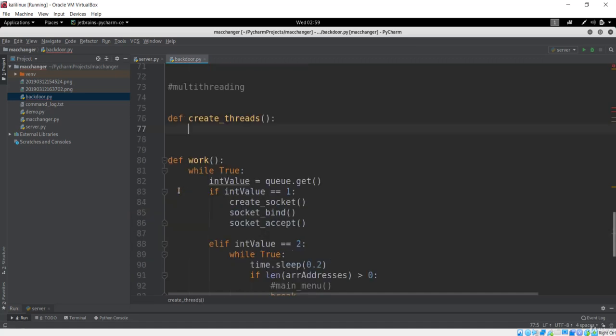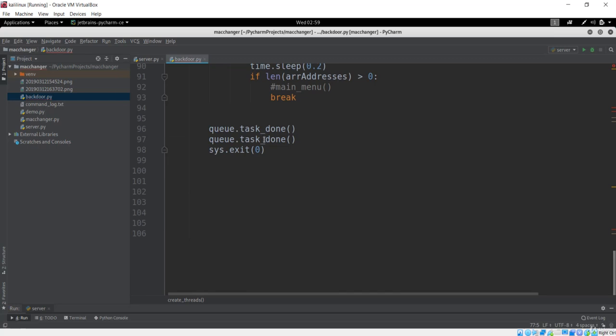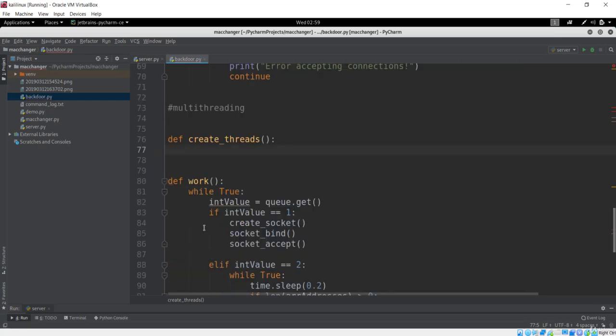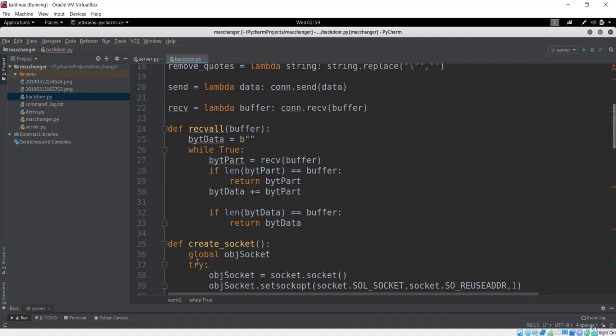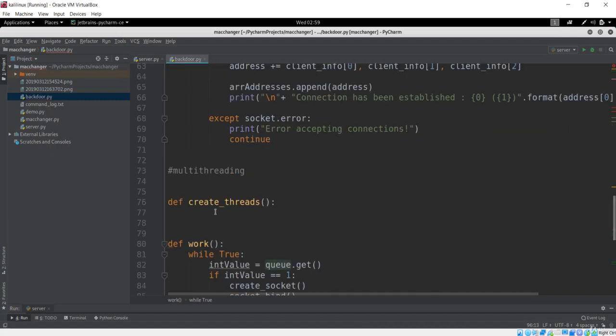If you see, this work function was just completed over here, but we haven't called this work method anywhere. That should be done inside a thread, because the work is done in the thread. So first of all, we'll create the thread and pass this work to that thread.